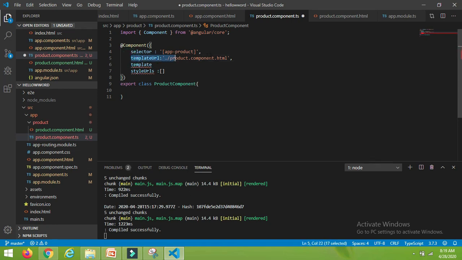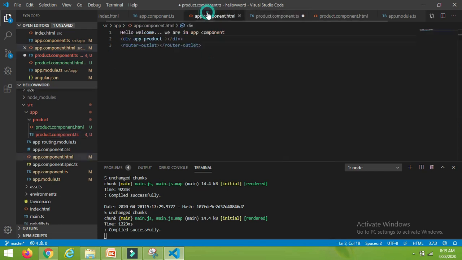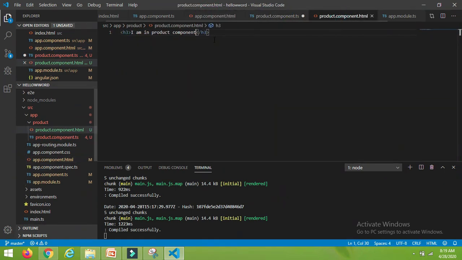So let me comment this out here. Also you can give your HTML code here. Let me copy the HTML of our component. Here I have written I am in the product component.